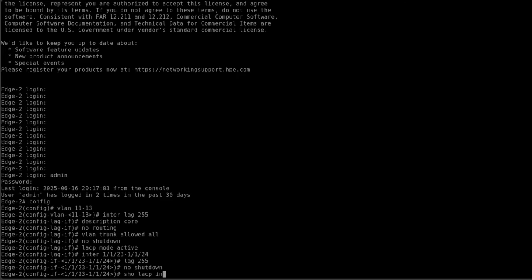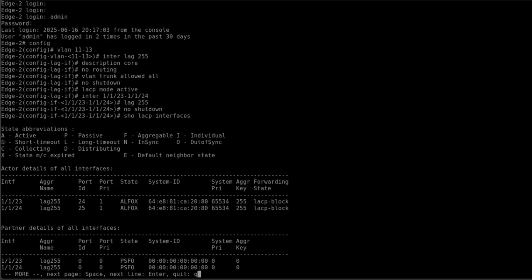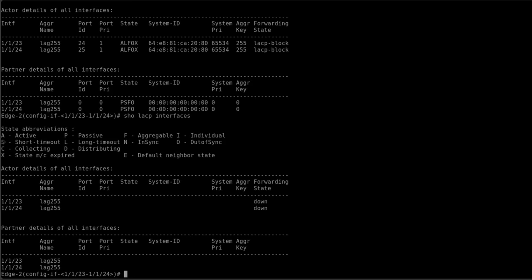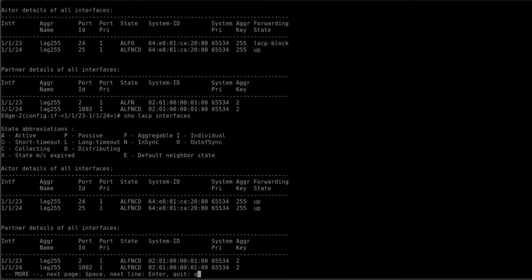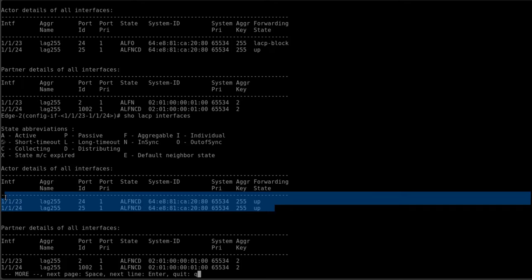And there we go, show LACP interfaces. We expect them to be up, all of them, unless we have an issue with the other side. Let's have a look. Coming up, 23 is down, and now it is up. You see, everything seems to be fine in this case, from access from edge 1, edge 2 to core 1